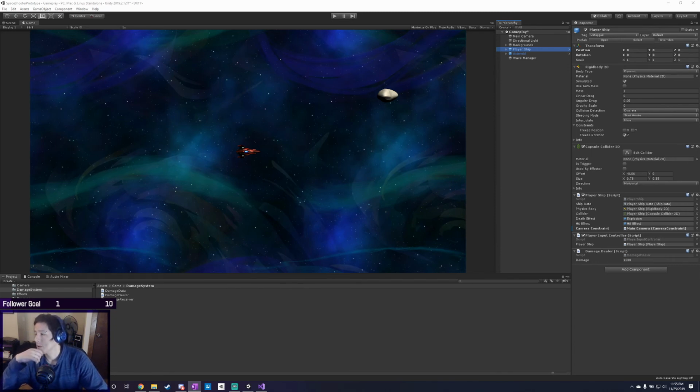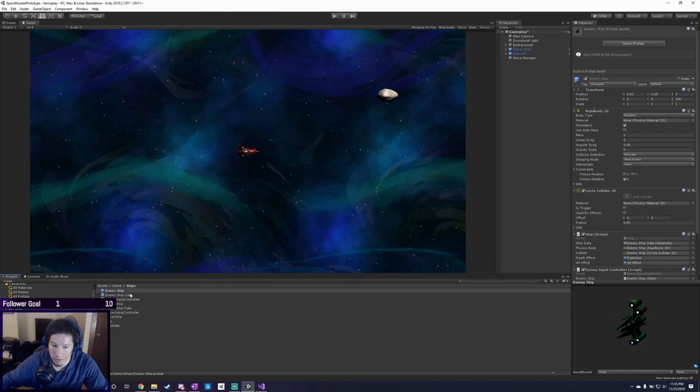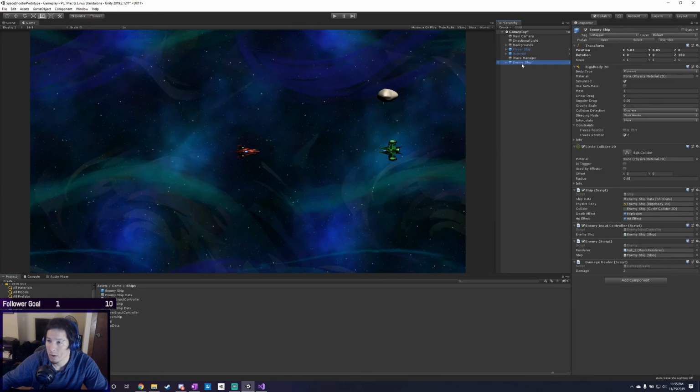Or the other thing, harder. Make a new ship before we add a new enemy, at least before we go on. So game enemy ship. Enemy ship's a very generic name. Let's call this enemy